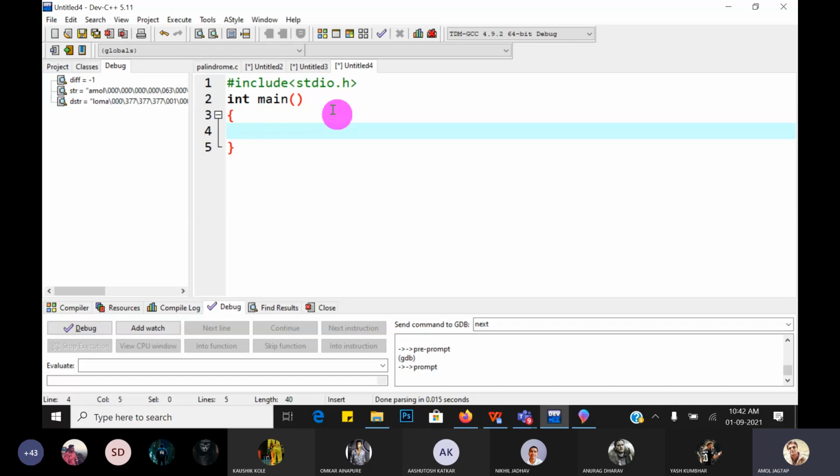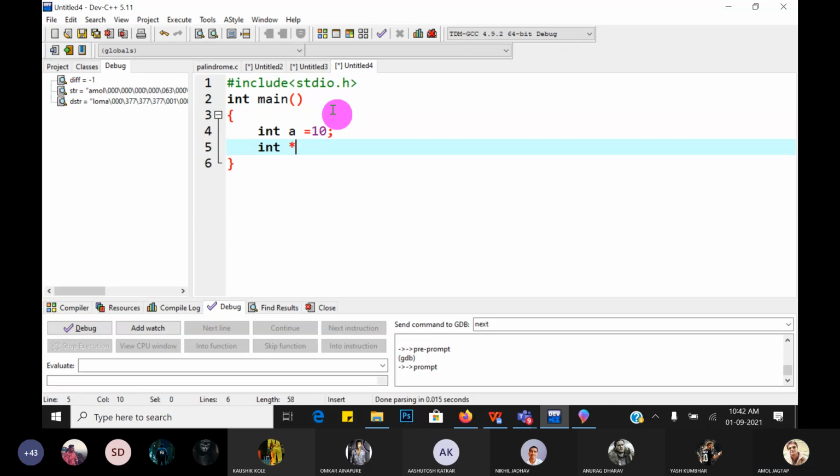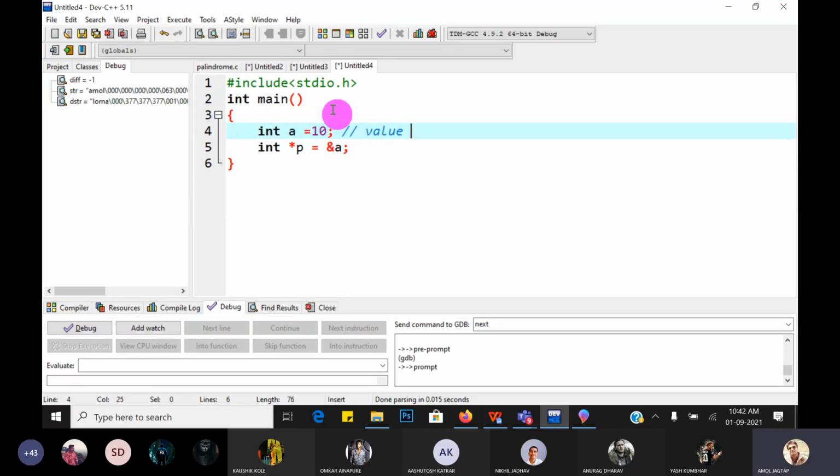Now take a look at some points. Suppose integer a. Then integer pointer p. You can write any name for that pointer variable. What does it store? The address of a. So this is called the value variable